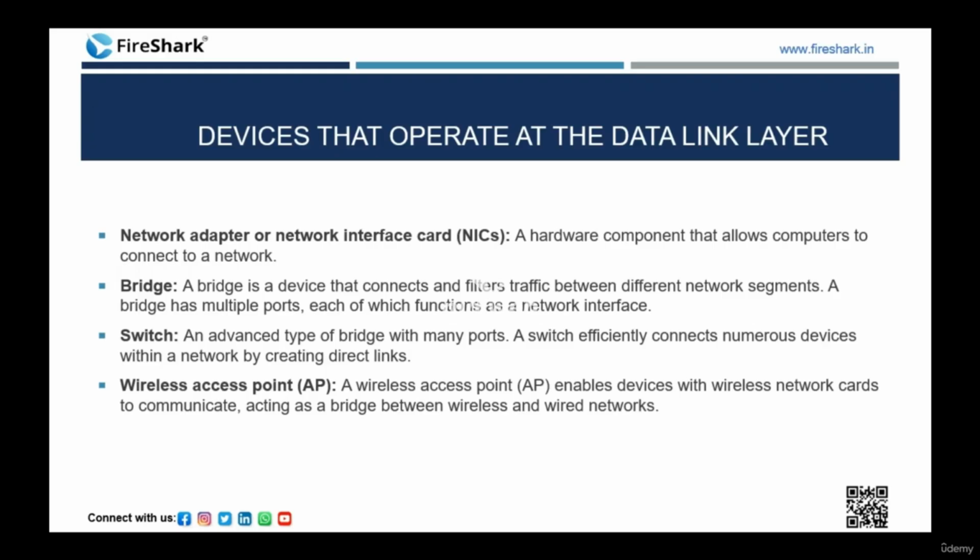Unnecessary data should not travel in the switch. Okay, now the next one is the wireless access point. A wireless access point enables devices with wireless network cards to communicate, acting as a bridge between wireless and wired networks. Basically, it is used to bridge the wireless and wired networks. It converts the wireless network into a wired network, or a wired network into a wireless network. Okay,